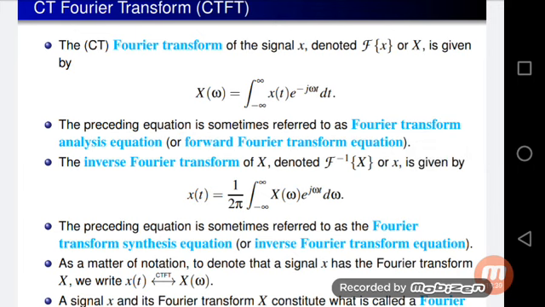Next, we are entering the main topic, the continuous time Fourier transform, CTFT. The continuous time Fourier transform of a signal x, denoted F of x or X of omega, is given by X of omega equal to the integration from minus infinity to infinity